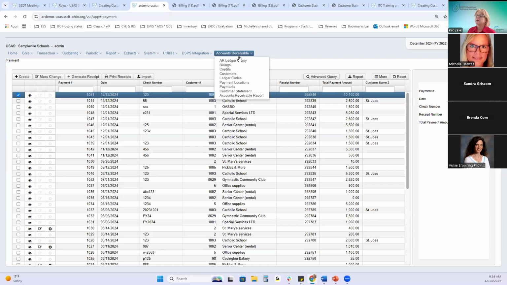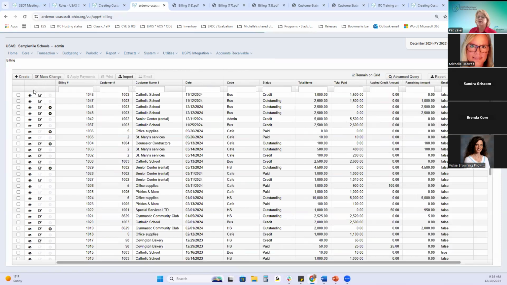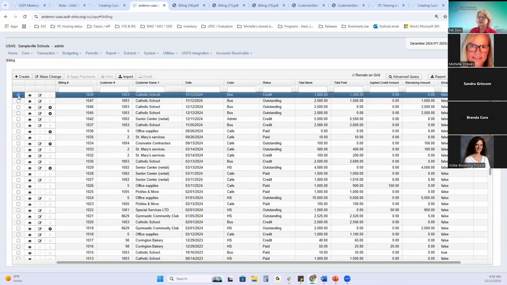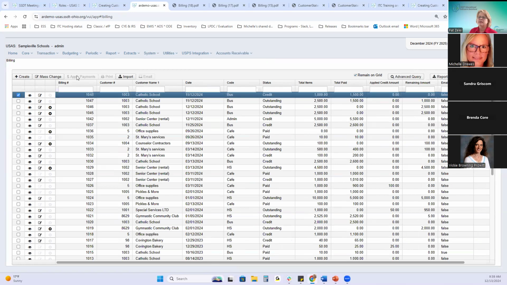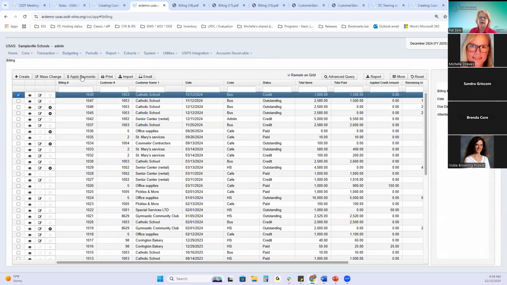I got mixed up. One of the options is applying payment from the billing grid. So as you select this, you see that button populates. You click on that, and let me back up just a bit. If I'm going to continually bill like the Catholic school, St. Mary's, office supplies and pickles and more, and I want to remain on the grid,